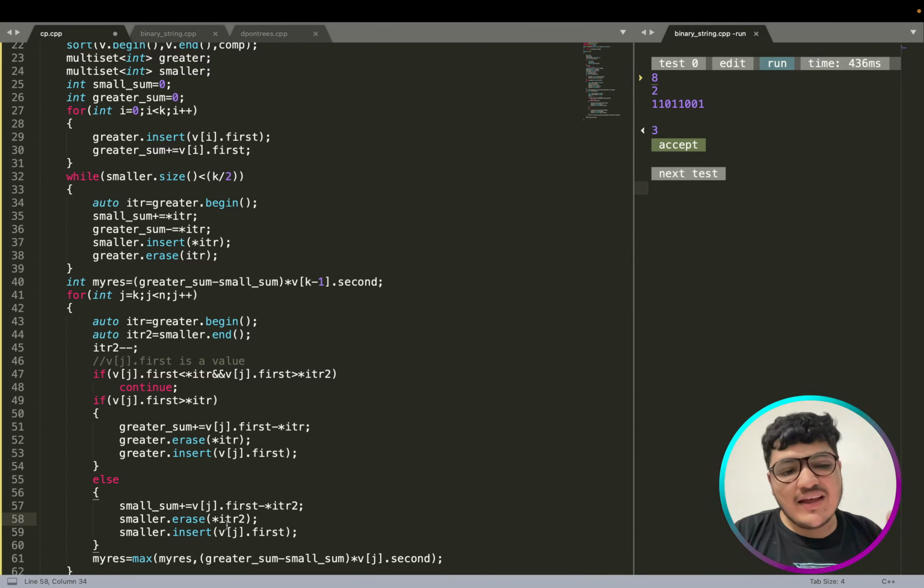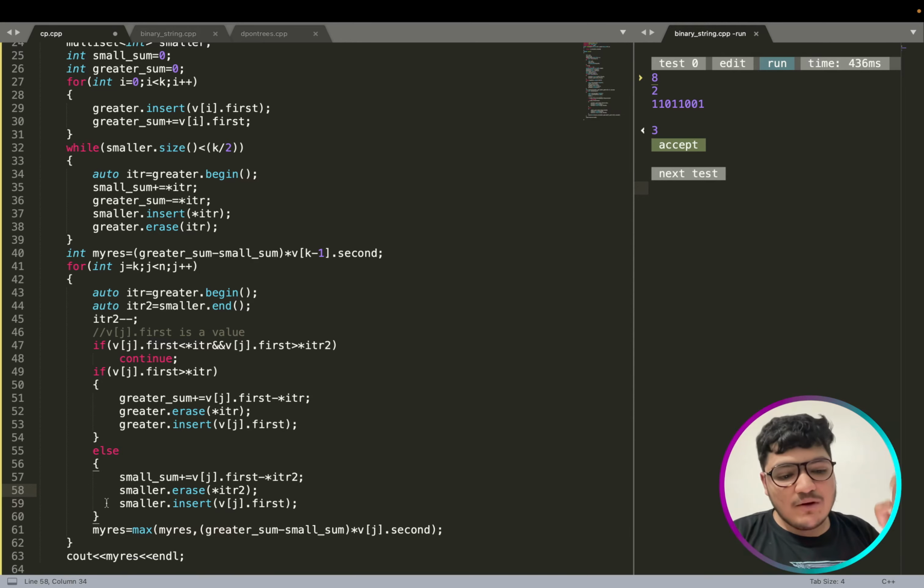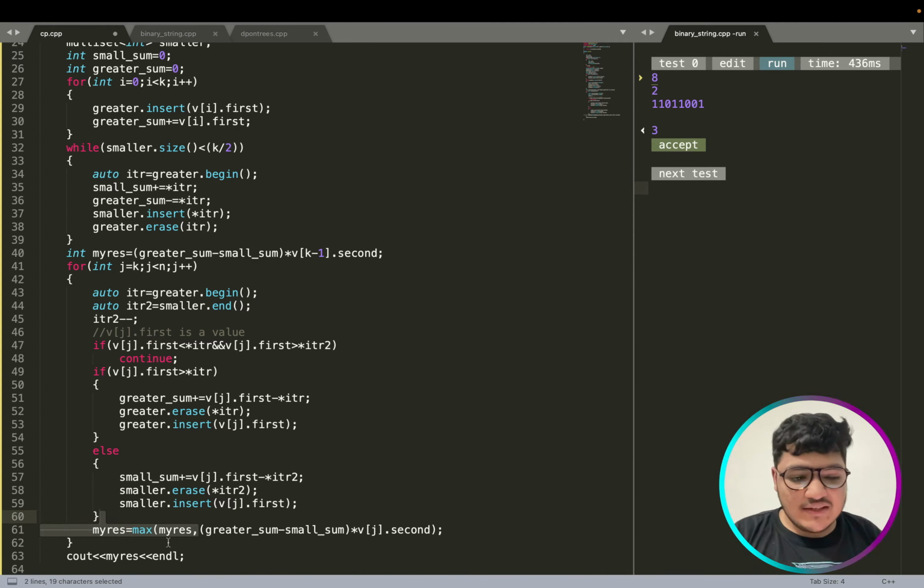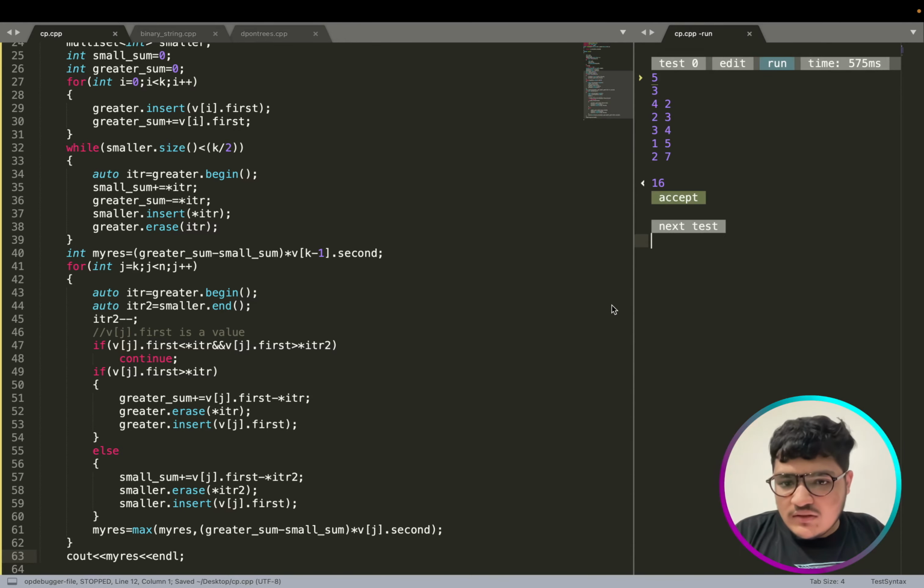So it's obviously not going to benefit me. So that's why I am removing this last value from the smaller set. And similarly, to increase my answer, I am removing this first value from this greater multiset, and then I am calculating my result, which is greater minus smaller sum into this vj second, and then I'm printing it out. And this wasn't that much difficult.